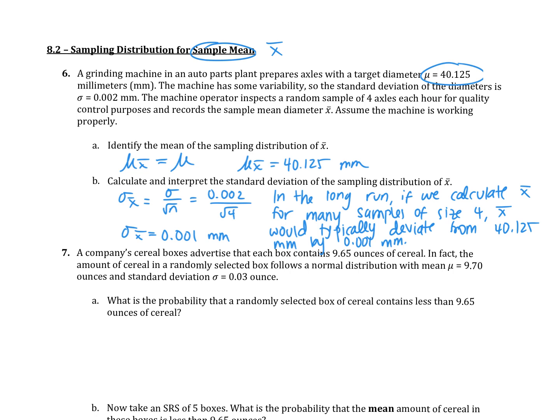Okay, do we know anything about the shape of x bar? No. If the population was normal, then we know x bar is normal. We don't have the population though, and we can't use the central limit theorem because our sample size is only 4. Okay, what I want us to do, we are going to skip problem 7, go to the next page,